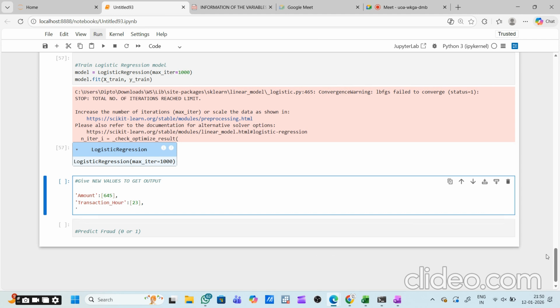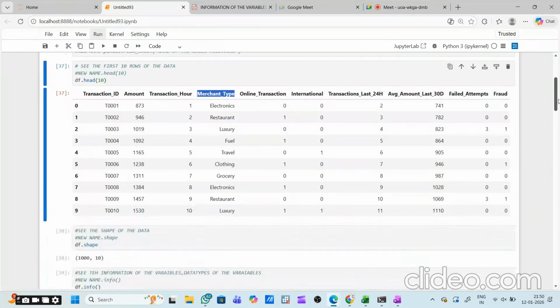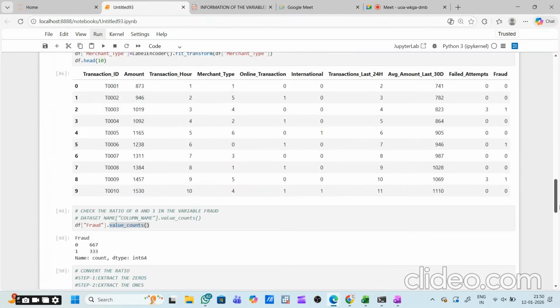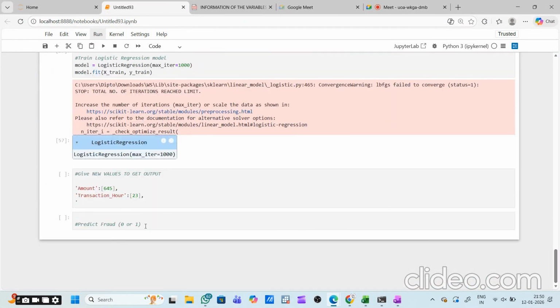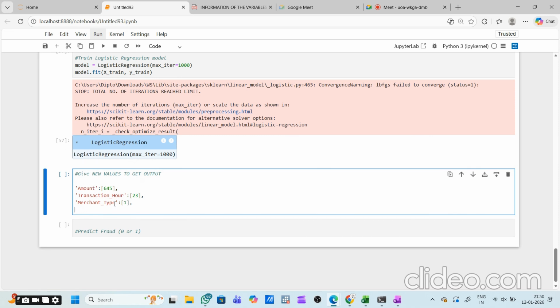Then what is the next variable? That is merchant type. Merchant type can be 1, 2, 3, 4, 5, 6 or 0. I am not sure about the categorization of this, so I am just taking it as 1. 1 means electronics. The transaction was done in electronics. Next,